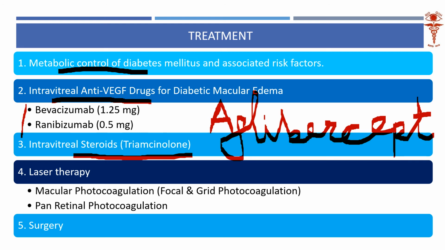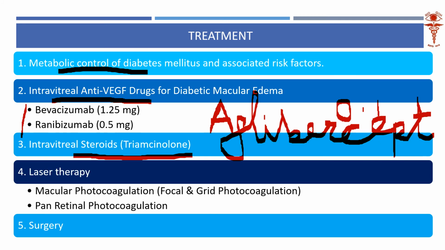Remember, all these drugs like bevacizumab, ranibizumab, triamcinolone, all will be injected only 0.1 ml, nothing more, or if at all, lesser than that only. So this 0.1 ml of intravitreal injection into the vitreous cavity of the eye is done, and that is treating